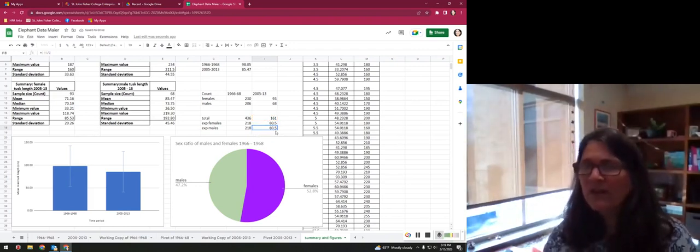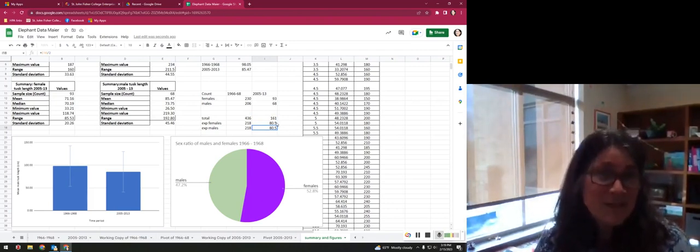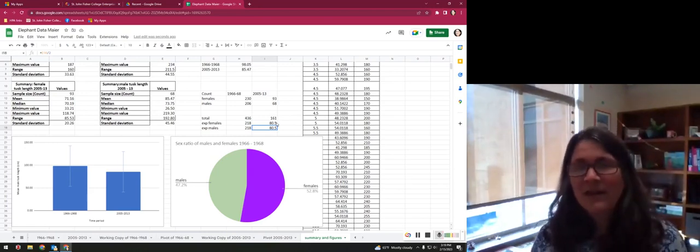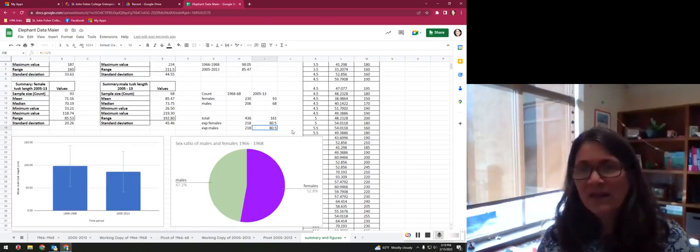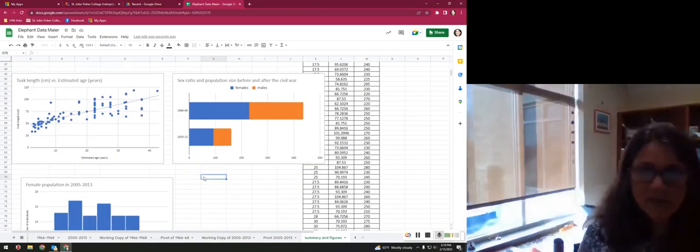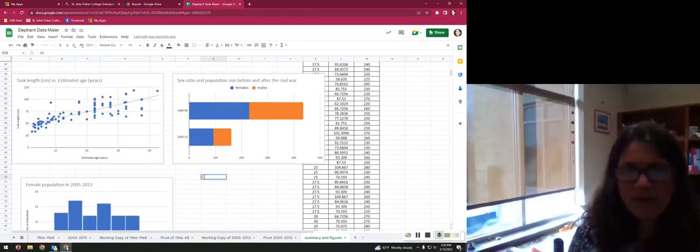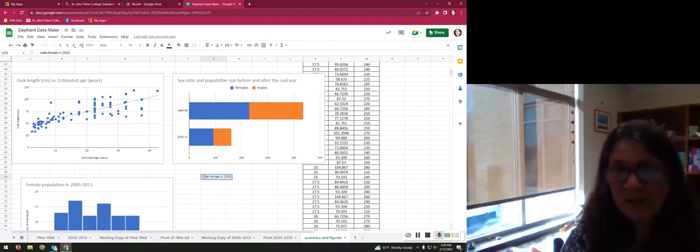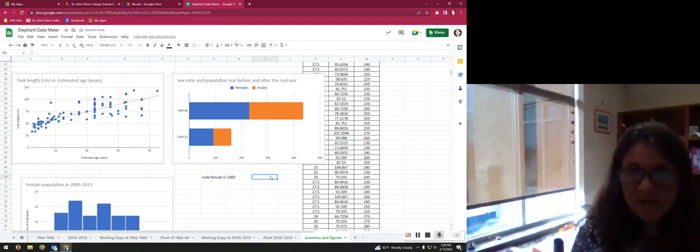So half of 161 is 80.5. I know that's not realistic. Like there aren't half females and half males walking around, but you still just use the numbers that are generated. So to do that comparison, we're going to do male female ratio in 2005 period. This would be the p-value of chi square,